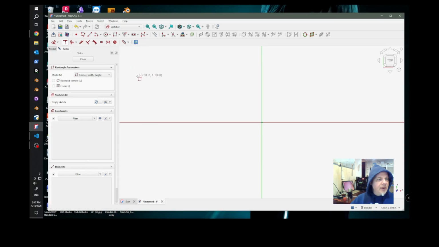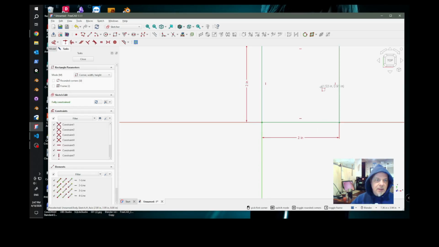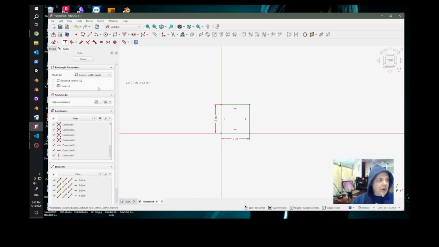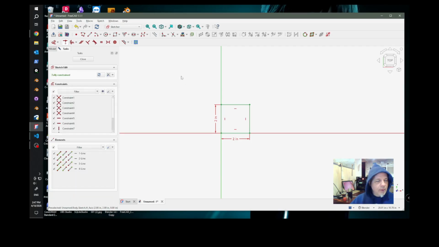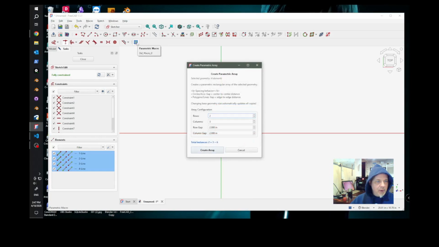If I click on a rectangle, and I make a rectangle 2 inches by 2 inches and then hit enter. I now have a fully constrained sketch and I'm in the rectangle parameter. So I'm going to right click to get out of that, and I'm going to highlight that base geometry, and I'm going to select my create parametric array,